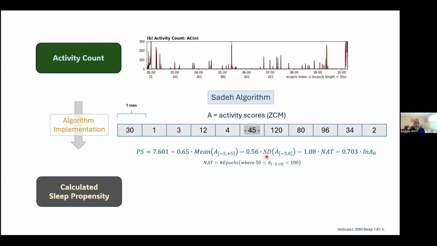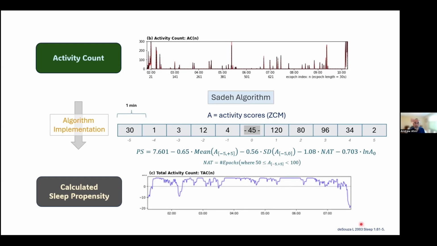The second value is the standard deviation of the 5 preceding epochs, including the current one. And it also counts the epochs with intermediate ZCM values between 50 to 100 within an 11 epoch window. So it's an interesting algorithm, and it's an inverse of what we've seen before from the Cole-Kripke. The lower values indicate wake periods, while positive values suggest sleep. And this combination of varied calculations across different epoch windows might contribute to a more robust sleep classification method, as